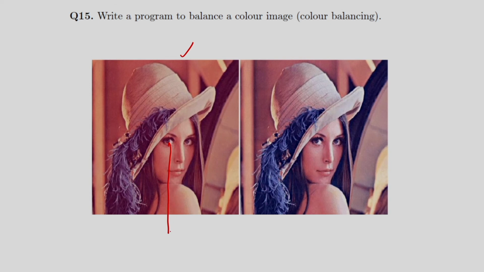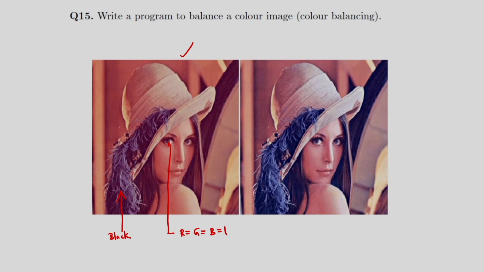Corresponding to this known white portion, R should be equal to G should be equal to B should be equal to 1, but actually I am not getting the white color. Similarly, if I consider this is the black, I am not getting the black color because of the imperfection of the image capturing device. So I have to consider the color balancing principle.